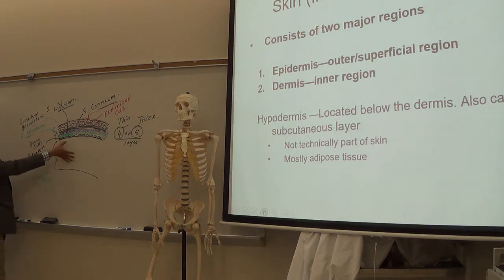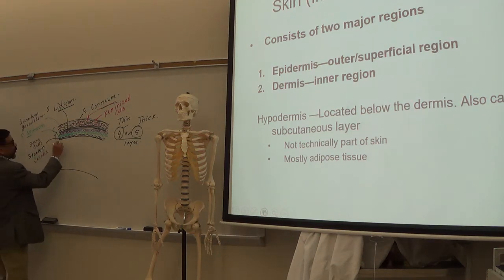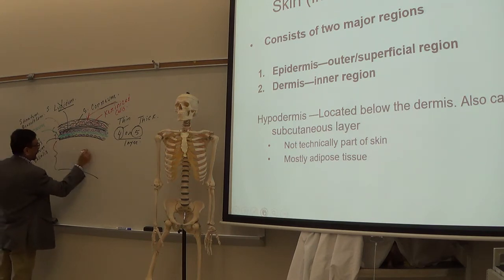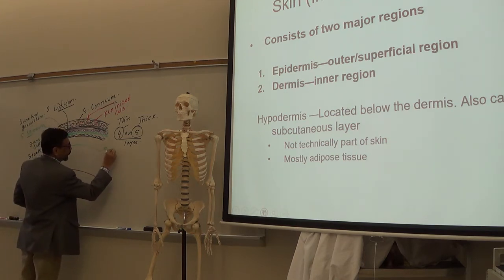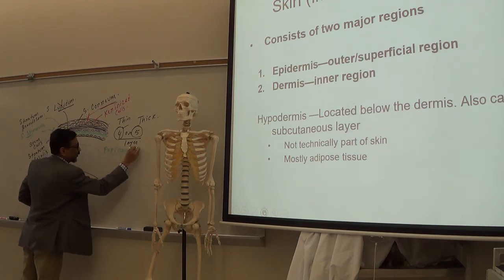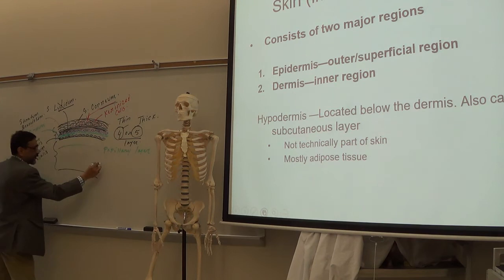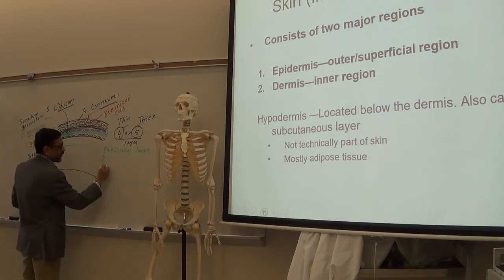Now, inner dermis. This part is the dermis, which is much thicker than the epidermis. Okay? And dermis has 2 layers, only 2. Although it is much thicker than epidermis, it has only 2 layers. Outer layer is called the papillary layer, and inner layer here is called the reticular